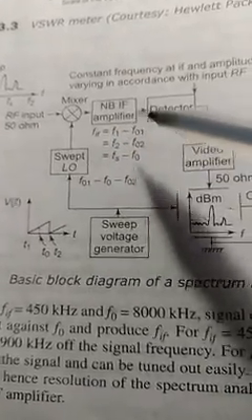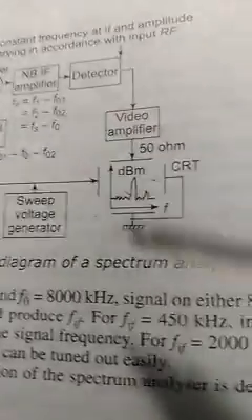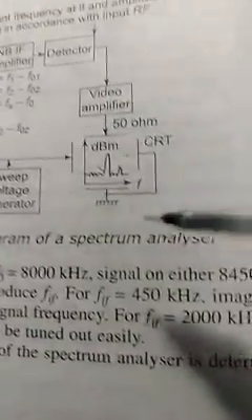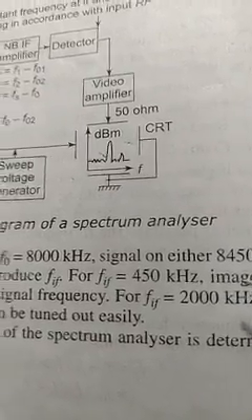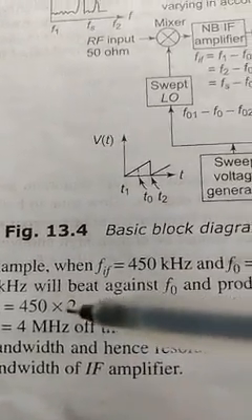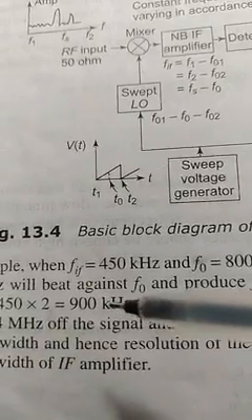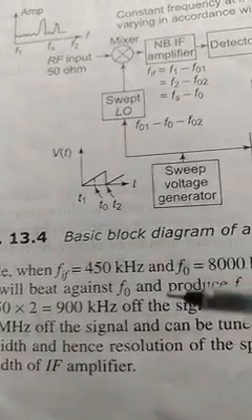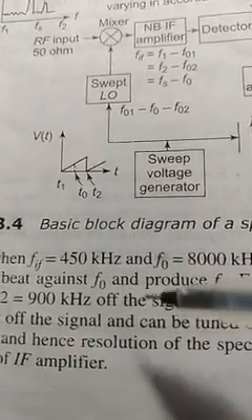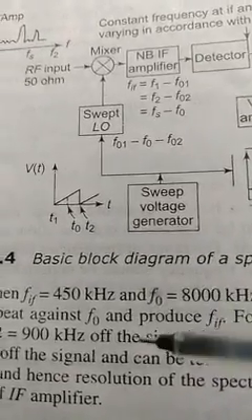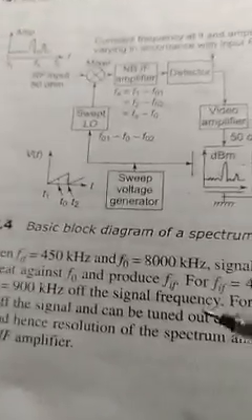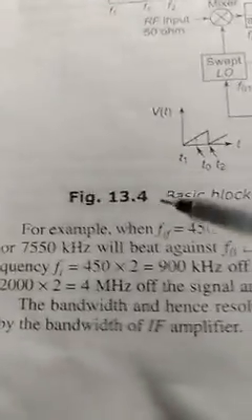If we have an IF frequency of 450 kilohertz, we can then see what the image frequency is. The image frequency can be calculated by multiplying the IF frequency by 2, which becomes 900 kilohertz. That 900 kilohertz offset may be above the signal frequency or below the signal frequency. So that is the image frequency. We have to reject the image frequency and keep only the IF frequency. For that